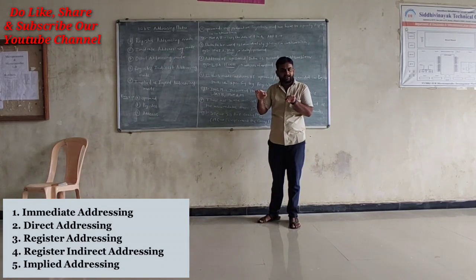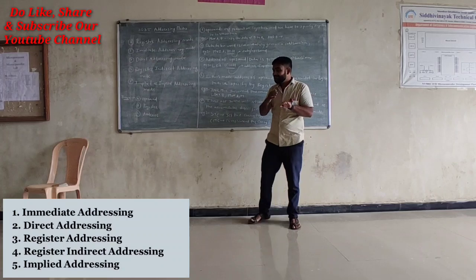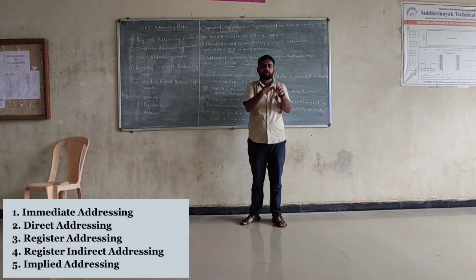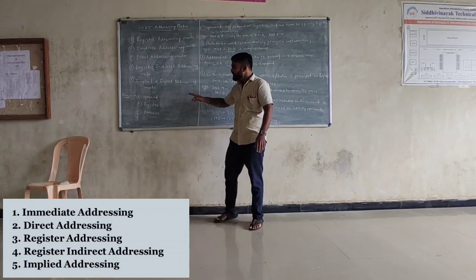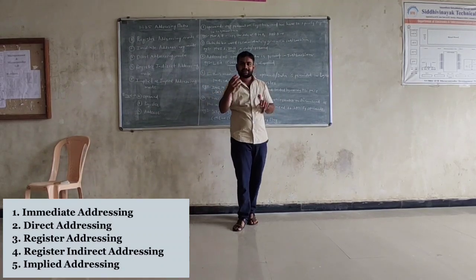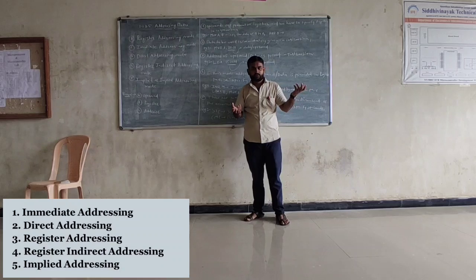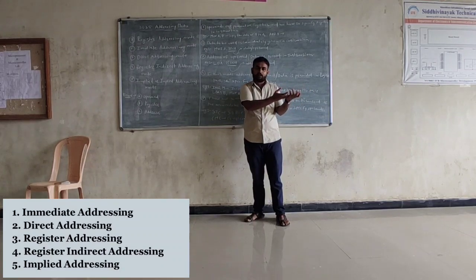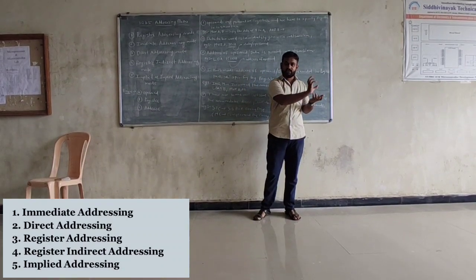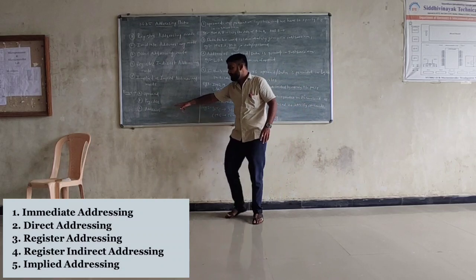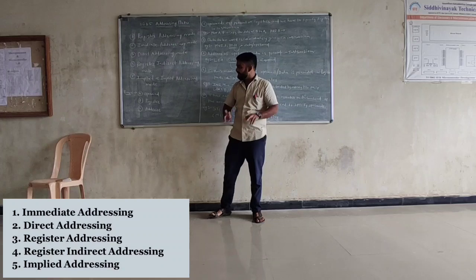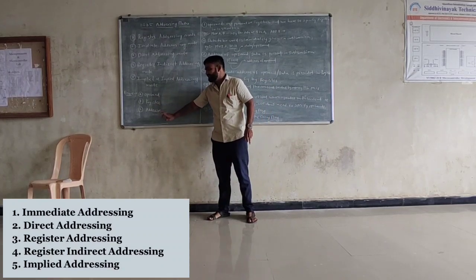Second, where are we storing that data? Inside the memory, which may be outside memory or the processor's internal memory. Inside the processor, as we know, we have register memory, so we can save the operand in a register. Maybe the data is saved in a memory location, and we identify that operand by knowing its address, which is nothing but the address of the data. So the 3 basic things are operand, register, and address.